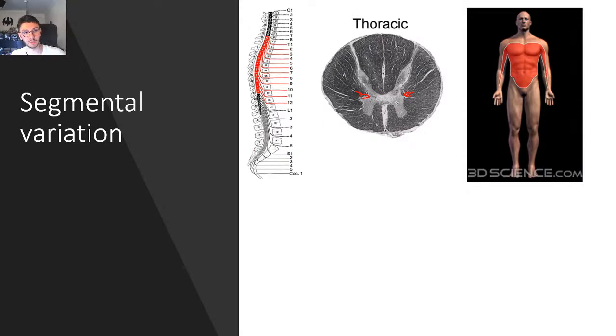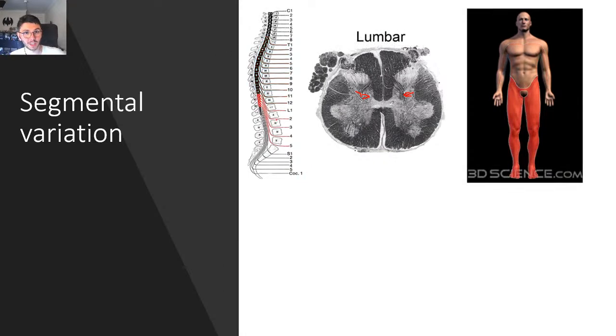And these muscles are different. You need different activation of fibers, and you need a stronger activation. That's why the thoracic is smaller. Once again, when we look at the lumbar, we can see the lumbar here. It's much bigger. Both ventral and dorsal horns are much bigger. This is your sensory, this is your legs, so your legs are innervated, just like with the cervical, and it's